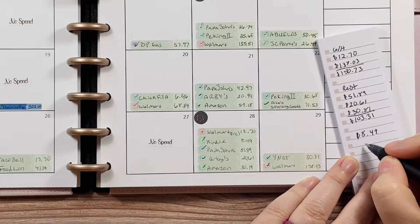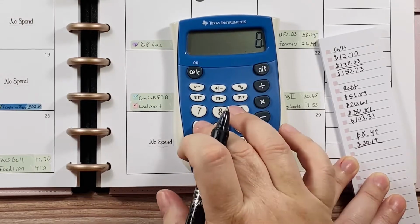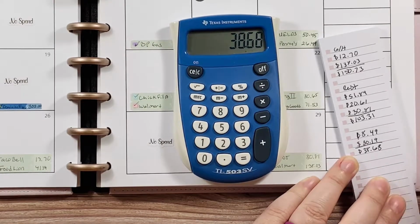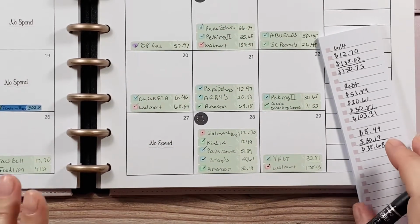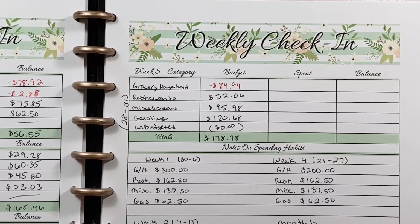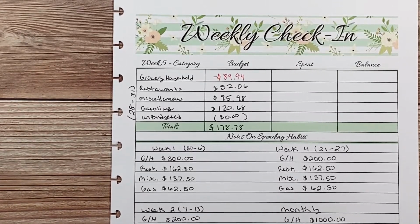$8.49 and $30.19. All right, so what we have here, $38.68. There we go. All right, so now I can take these numbers and put them in my totals in my weekly check-in. So I'm gonna go ahead and flip the page, and I'm actually gonna pop this out real quick and just make it easier for me to write on and move the paper around, because this notebook is getting